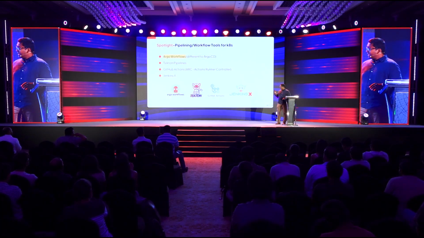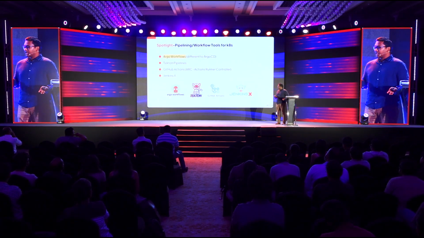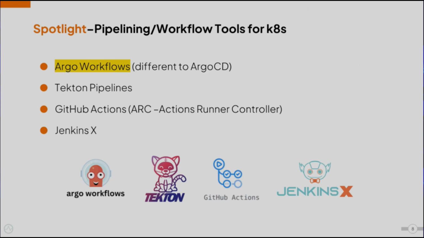So these are my pick for some of the better tools out there for running CI pipelines on Kubernetes. These serve as a general framework, and what they do is execute things in steps, right? You do the one thing, you move on to another, and in certain tools like Argo workflows, you can build cyclic graphs, very complicated workflows. And there's a bunch of other projects that have been built on top of Argo workflows, things like Kubeflow, where you can run machine learning models and training workflows on top of Kubernetes.